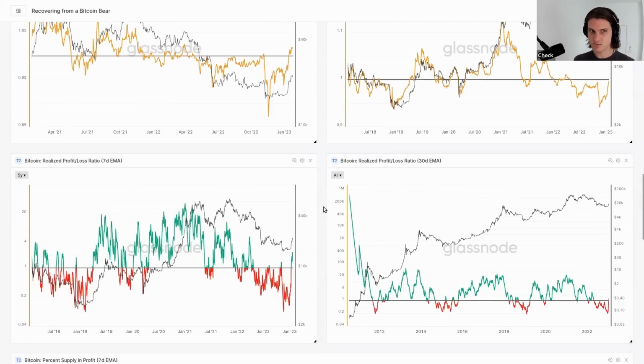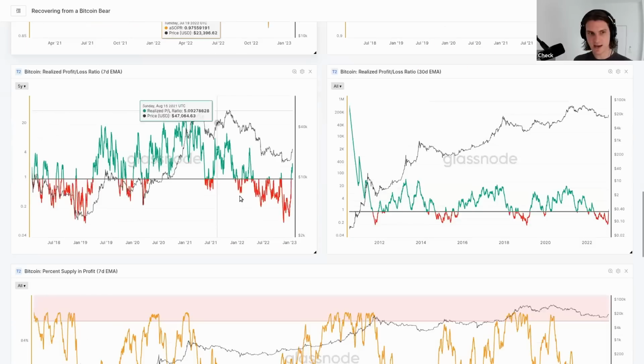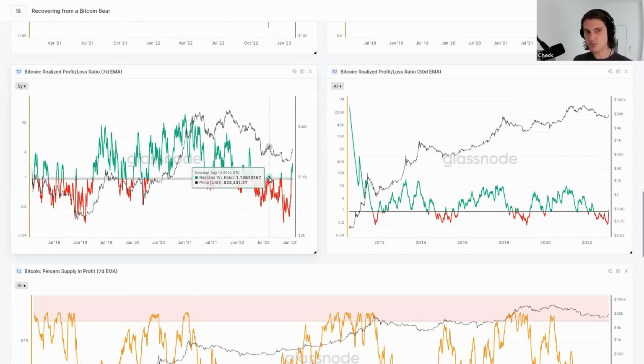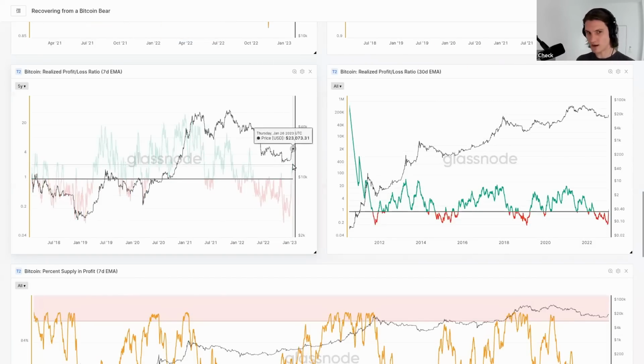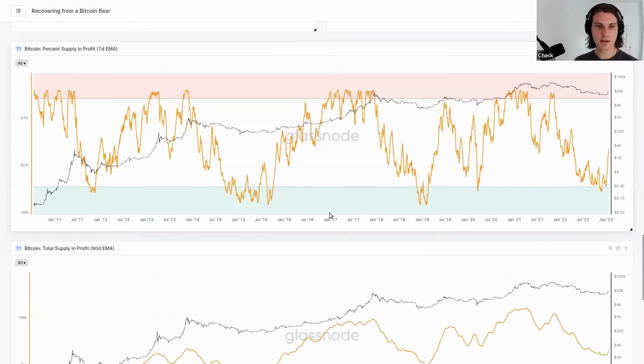And one last thing, probably for a different webinar, but note the negative retests of SOPR at a value of 1. These are people just saying, give me my money back. I'm selling at break even. I just want to get this tiny bit of profit. Get me out of this thing. I've had enough. So a convincing break of that market structure is something to start paying attention to.